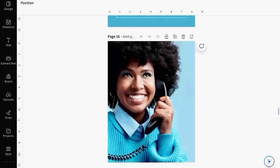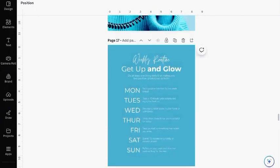So these are the types of special interest sections that I've put in here. Another really awesome one is routines. People love routines. So here's the Get Up and Glow, how to stay positive, productive, or both. And here's what you do from Monday to Sunday, right? Now keep in mind, does this mean you have to switch it up every single issue? Absolutely not. You may have something like this, and every issue has your weekly or your monthly